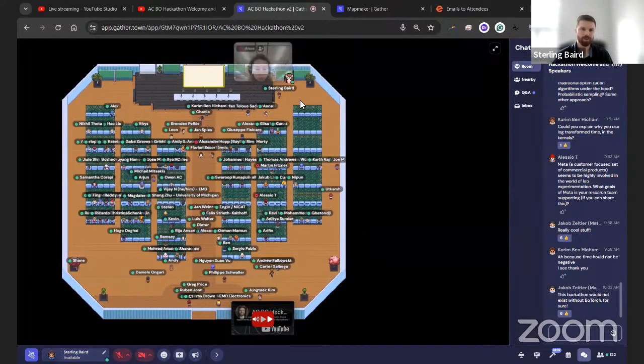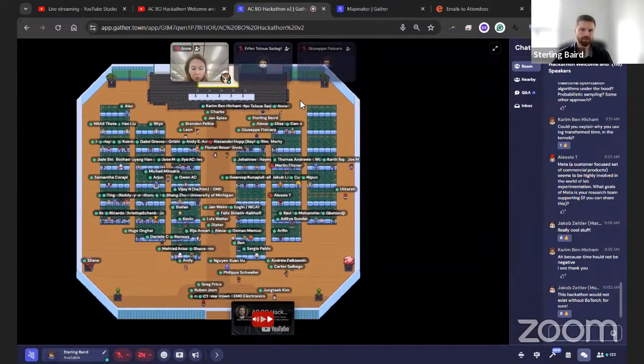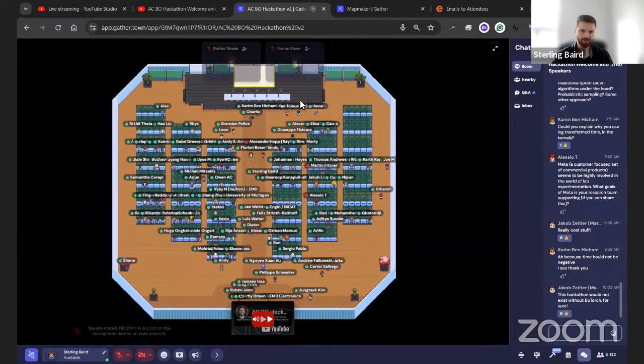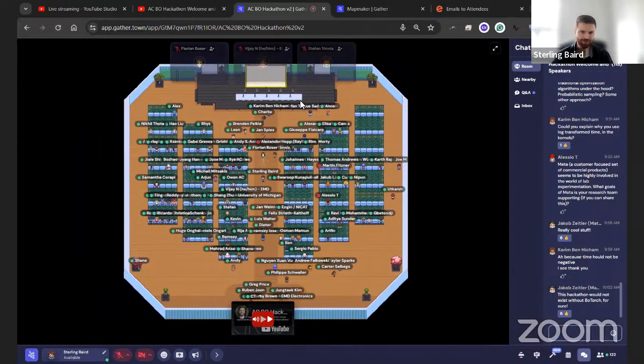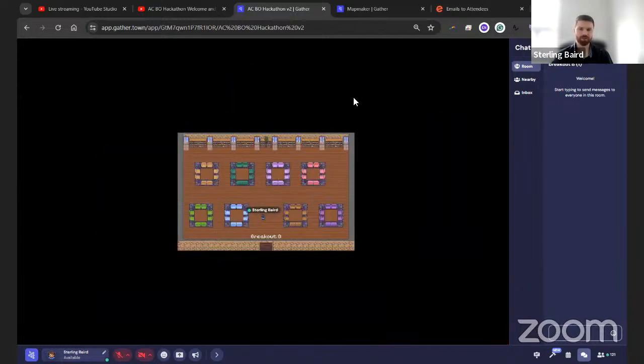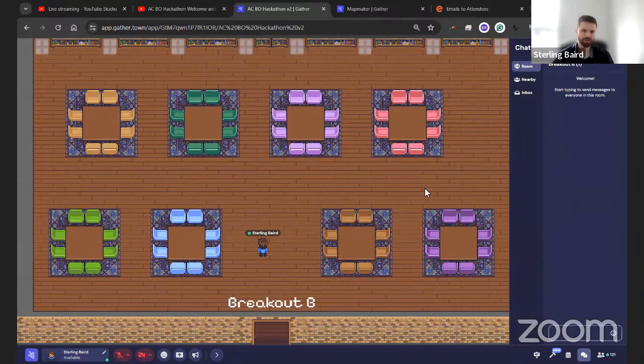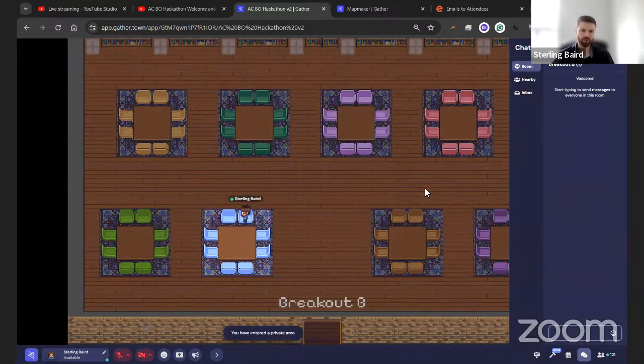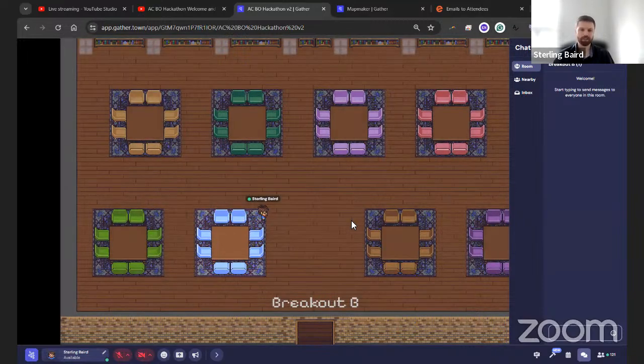So just a couple quick notes here. Because there are quite a few people, if you need to pass through everybody, you can hold G, which turns you into a ghost. Let me show you one of the breakout rooms here. You'll notice these tables, and at each table is a private space. When you're in a private space, you get to see the video and audio or screen shares of anyone else that is in that space as well.